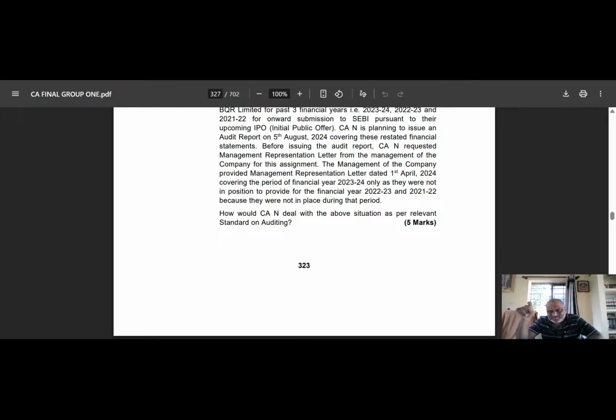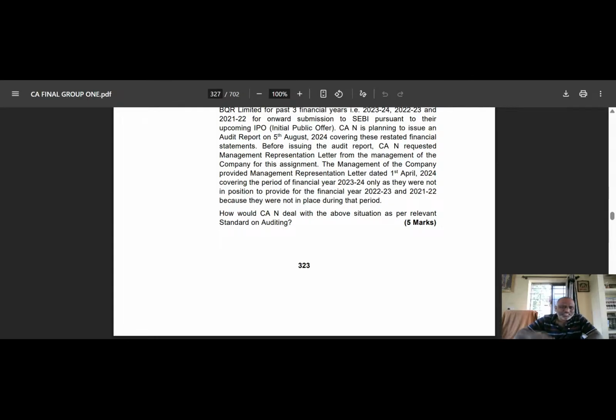Situations may arise where current management were not present during all periods referred to in the auditor's report. Such persons may assert that they are not in a position to provide some or all of the written representations because they were not in place during the period. This fact, however, does not diminish such persons' responsibilities for the financial statements as a whole.